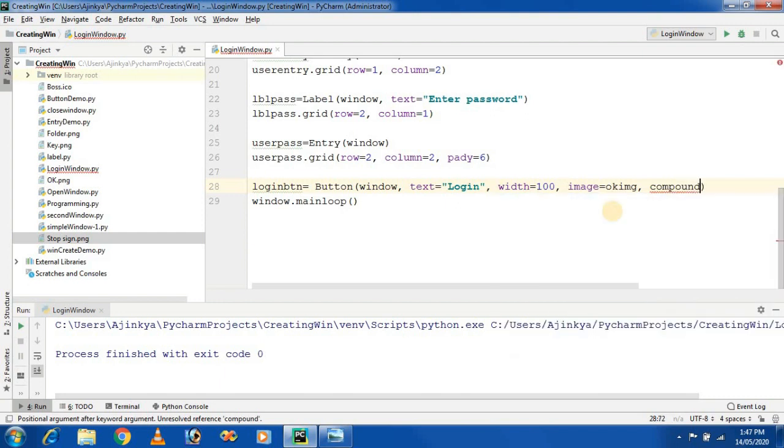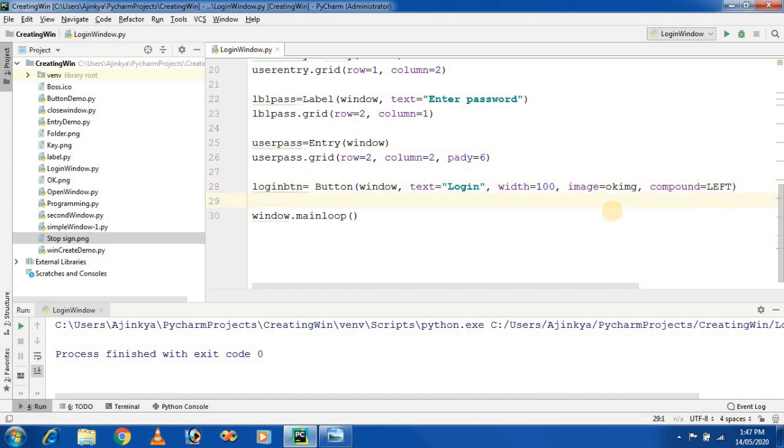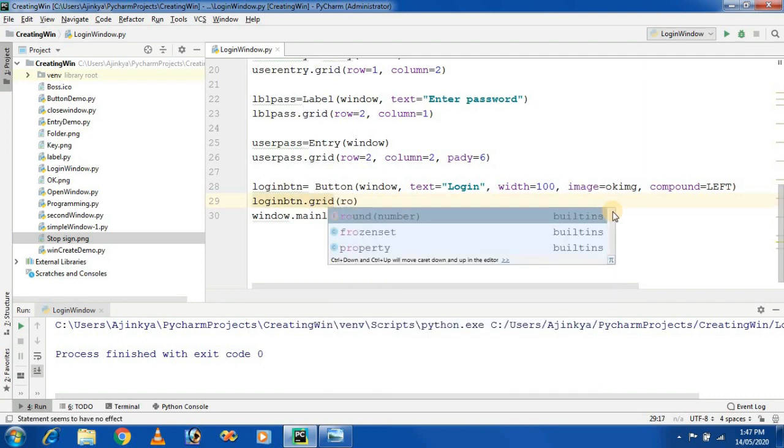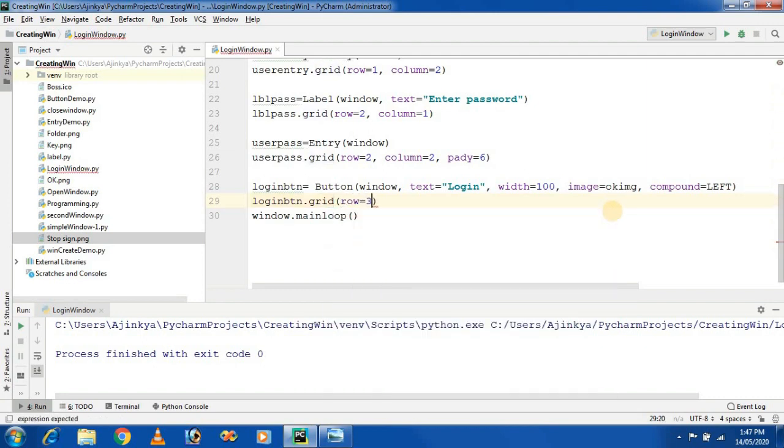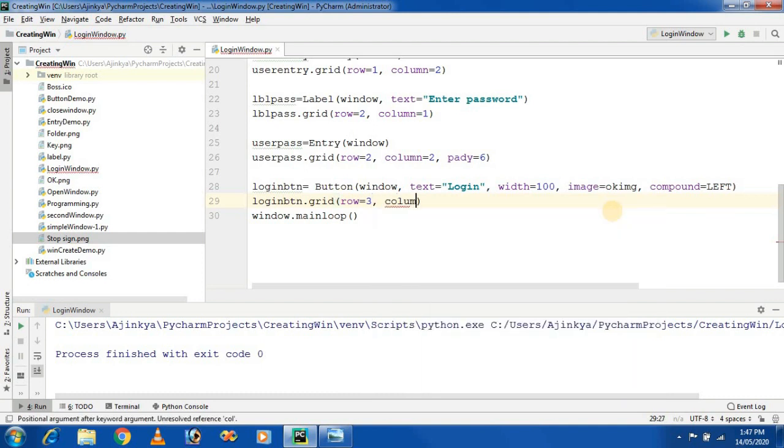So this is the compound property, and I am displaying both text as well as image. So login_button.grid, it will be placed on row number 3, column number 1.